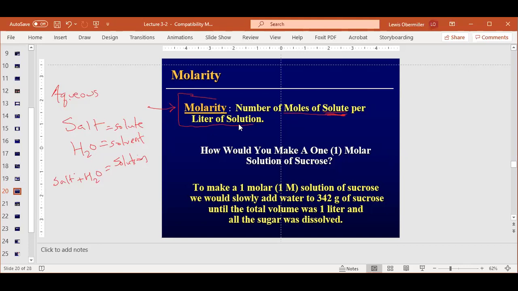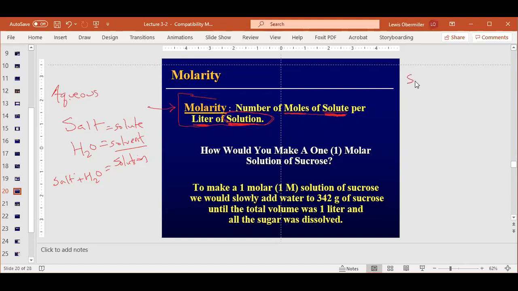Okay. So we have to look at this definition. It's a little funky, but this is just how it's done in science. So the moles of solute per liter of solution, right? So this is the key. It's the solution, not the solvent. So you can't just take,